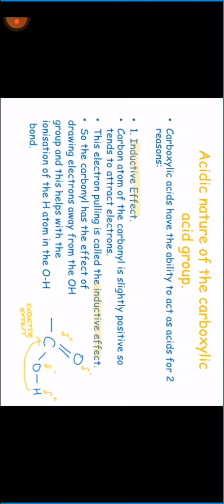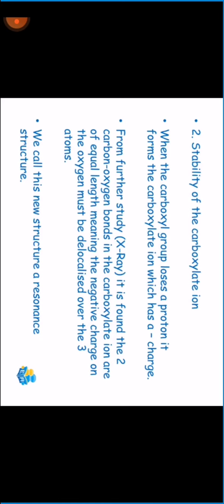So basically, the carbonyl has the effect of drawing electrons away from the OH group, as we can see here. And as a result, this helps with the ionization of the hydrogen atom in the OH bond. So that basically makes it easier for the carboxylic acid to donate this proton. Well, the second reason that allows carboxylic acids to act as acids is the stability of the carboxylate ion that can be formed. So when a carboxyl group loses a proton, it forms a carboxylate ion,